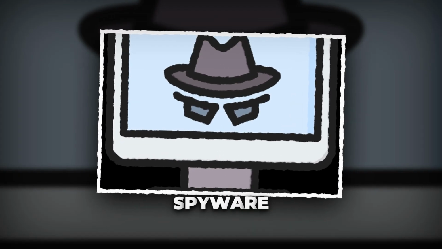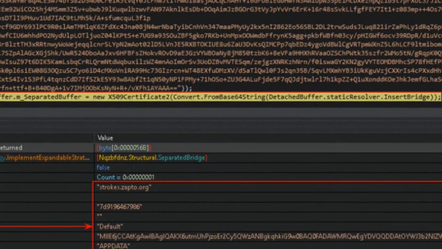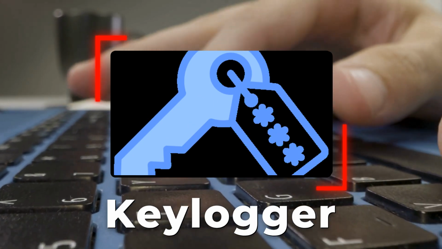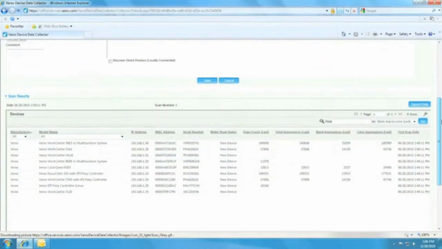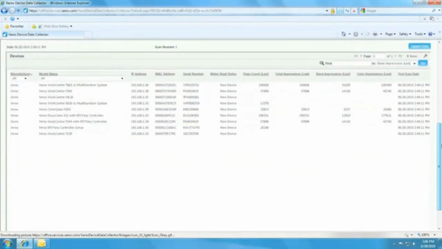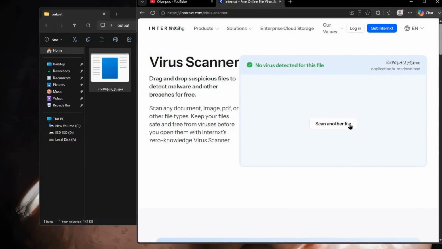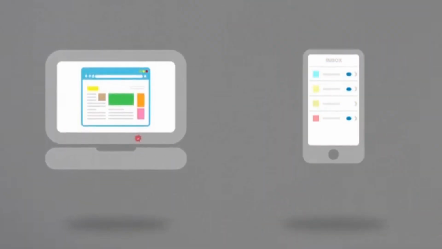Spyware is the broad version, monitoring your activity persistently, over time, reporting back to whoever's watching. A keylogger is a narrower, older version of that. It just records every single keystroke you make, which means every password you type gets recorded right along with it. But the real growth story right now is the info stealer. Instead of watching you slowly, it sweeps your entire device once, fast, grabbing browser cookies, saved logins, crypto wallets, and session tokens in a single pass, then sends all of it out immediately.